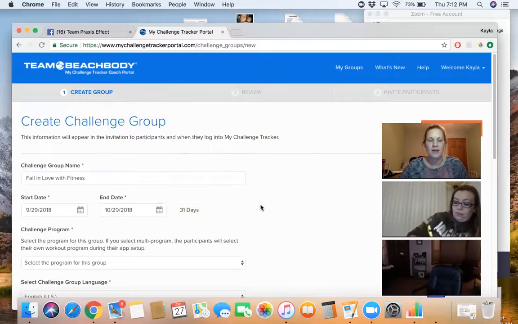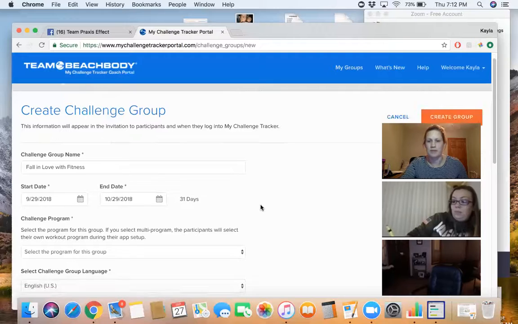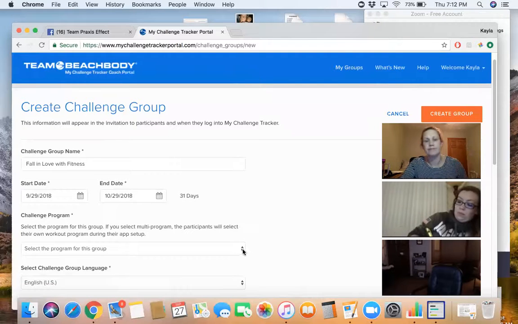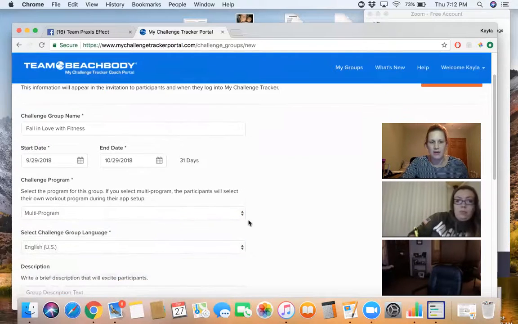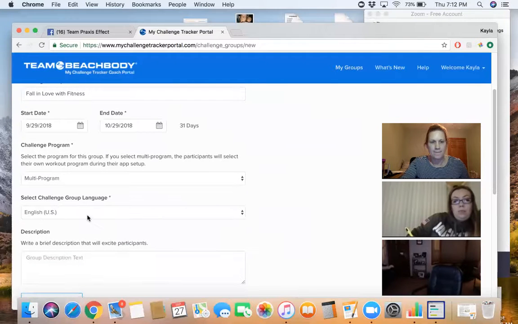The beautiful thing about these things is you have complete creative control when you do your own groups. You can do them as long or as short as you want. There are benefits to both. You can do program-specific groups, whatever you want. So we're going to do multi-program, so we can stick anybody in this. We want it to be in English.